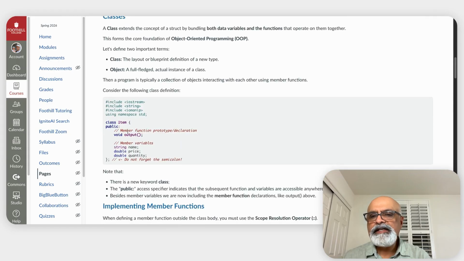So I've redone my definition of item as a class. It still has its member variables that we have seen earlier, right? And additionally, it includes a member function. Here, the member function is called output. And notice that it is basically a prototype or a declaration. It doesn't really provide the implementation. Now, the last thing you will notice here is this access specifier called public, which basically says